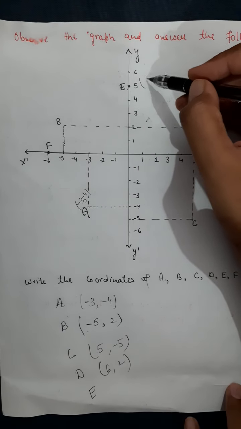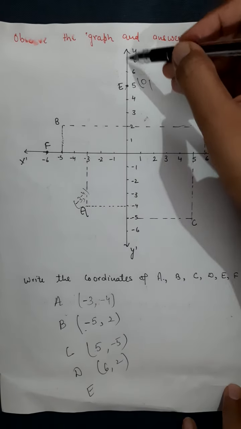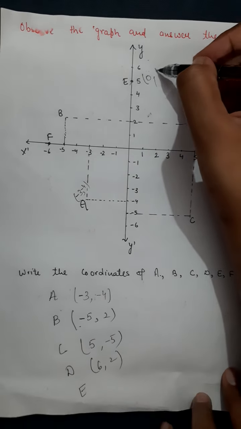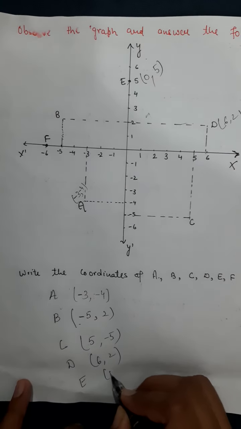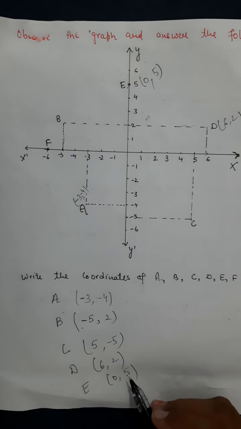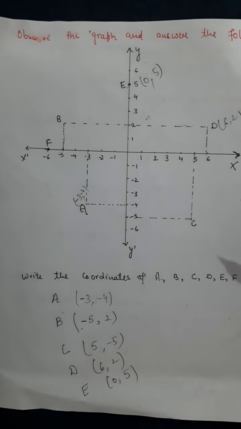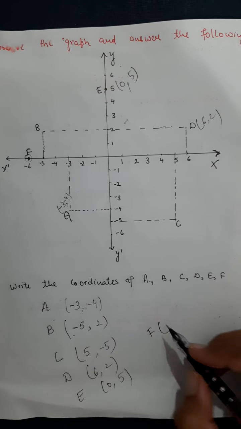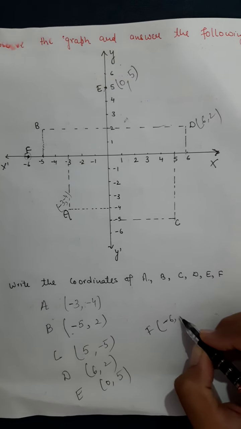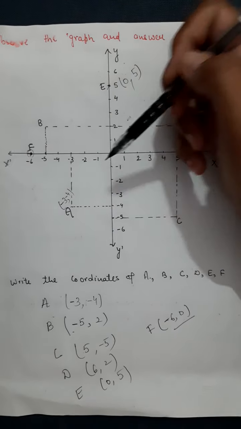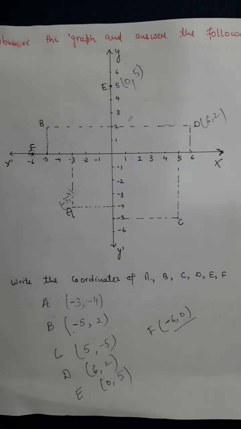Now you have to think over it. Here we have x as 0 because it lies on the y-axis. So the value of x will be 0 only, right? Y will be 5. 0, 5, right? And the coordinates of F, where is F? Let me check where I have marked. Okay, this one. F's x value is minus 6, y is not there, no y, because it lies on the x-axis, the negative direction of the x-axis, right?